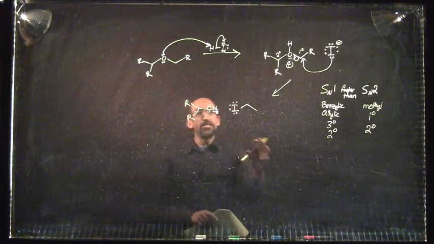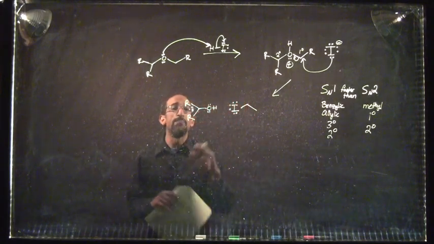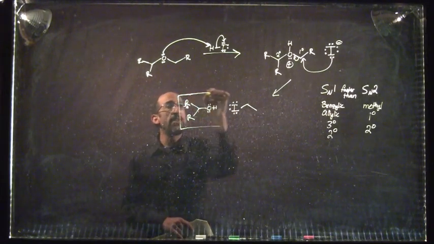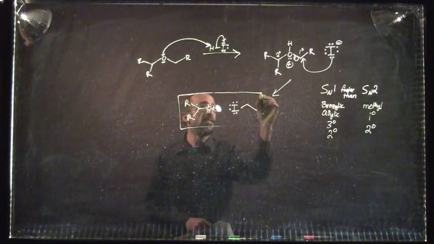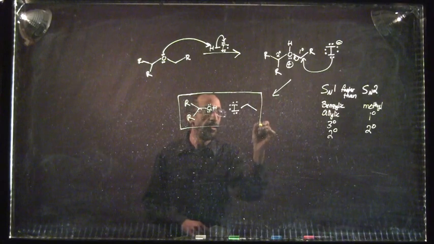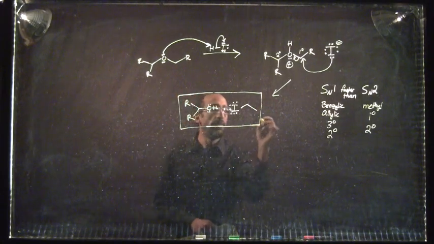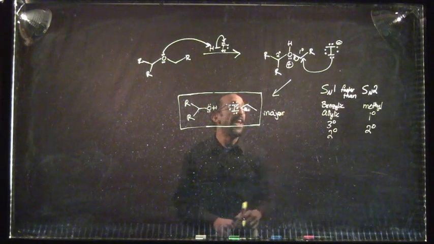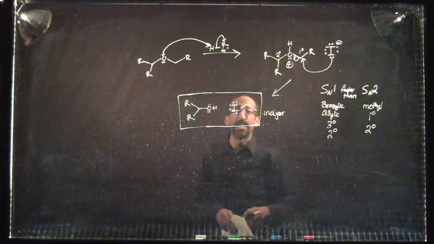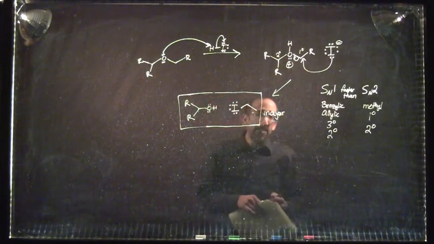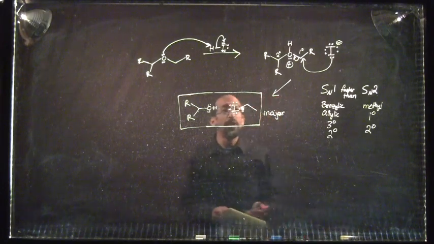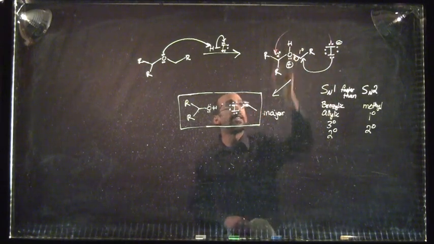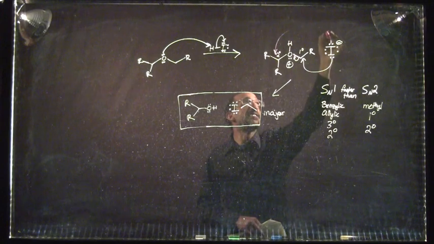Now, this is just how to determine what our major products are going to be, right? So these two, our primary alkyl halide and our secondary alcohol, these are going to be our major products. That is not to say that our iodide can't attack at that secondary electrophilic carbon. In fact, it can. And so we have a slightly lower probability, but still a realistic expectation that our iodide will attack at that secondary carbon